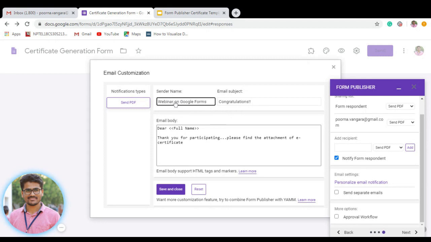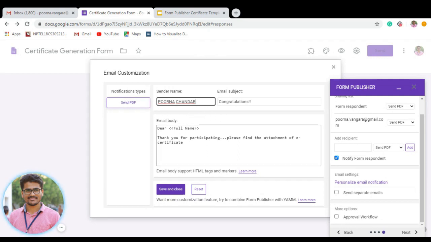I'm giving one example over here. Whatever the sender name, if you want to give your name, Purnachandar, or the owner name, you can write it. Your college name, you can write. Whoever is organizing can write their name. Simply let me take this. I will write down my name. Okay, so this is my name.